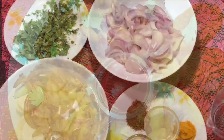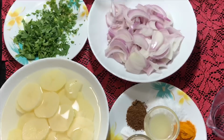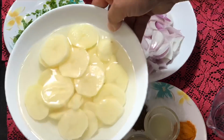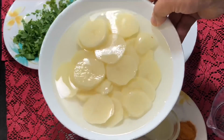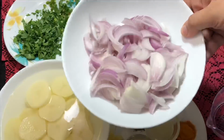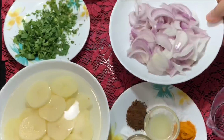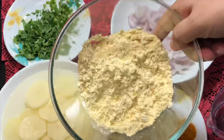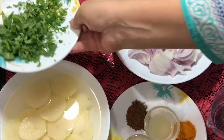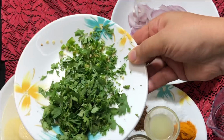For making the pakoras, I have taken 2 potatoes sliced like this and I have kept them in water so that they won't turn brown. 2 thinly sliced medium-sized onions, a cup of gram flour or besan, a handful of chopped green coriander and 2 finely chopped green chillies,